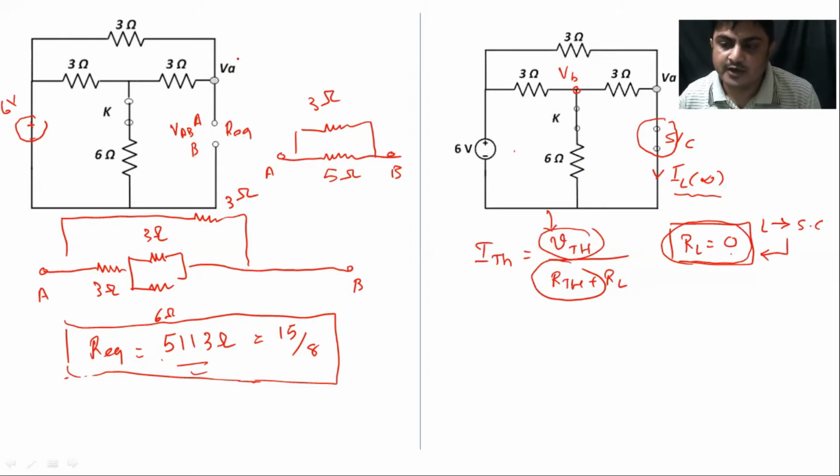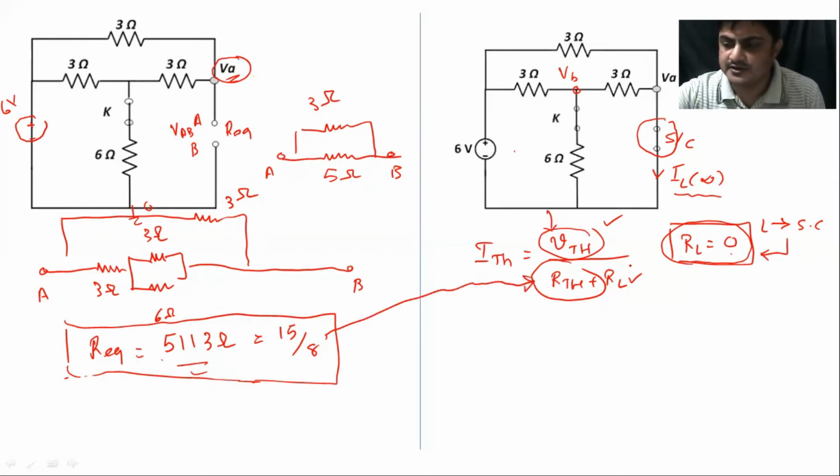It means that you calculate the voltage VA. Okay, this potential is ground potential, right? So you only have to calculate voltage VA. VA minus 0 is your VAB, or you can say V Thevenin. So you have V Thevenin. Your RL is 0. You already calculated R Thevenin. So you can utilize this expression.